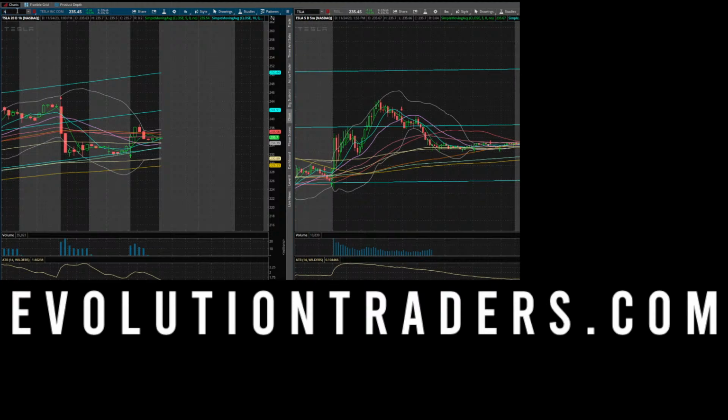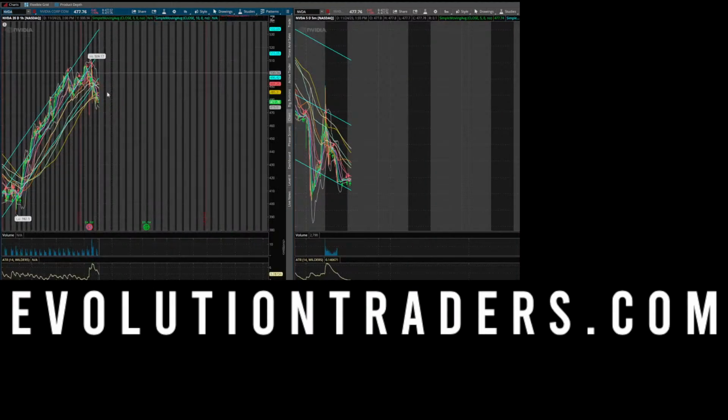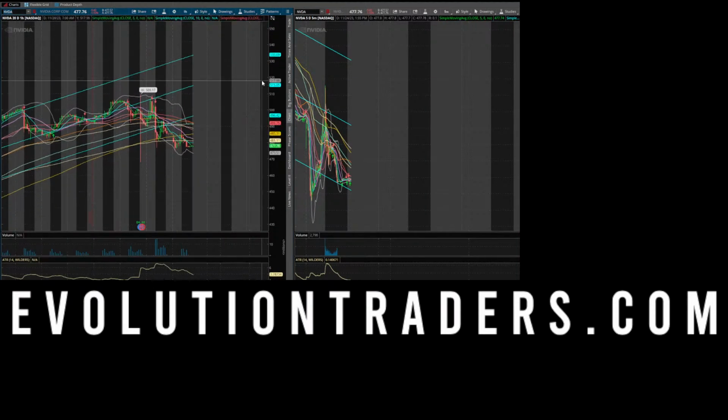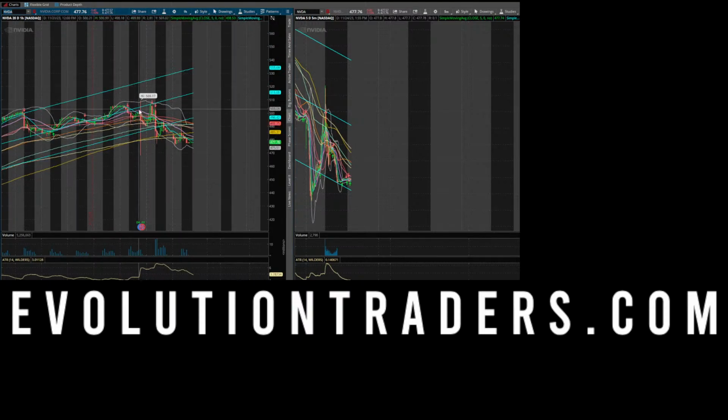Let's look at NVIDIA. I'm looking for NVIDIA short for tomorrow. All I'm looking for here is, if you look at this 1 hour time frame, NVIDIA breaking down a little bit. If we do have any type of gap up, any type of green open on NVIDIA, that's exactly what I want to see. And as soon as we start to lose the 475, and then we start to lose this lower Bollinger Band here at around 473, we've got a lot of space. I'm looking to start targeting 468 and anything below 468 for a good extended wash.